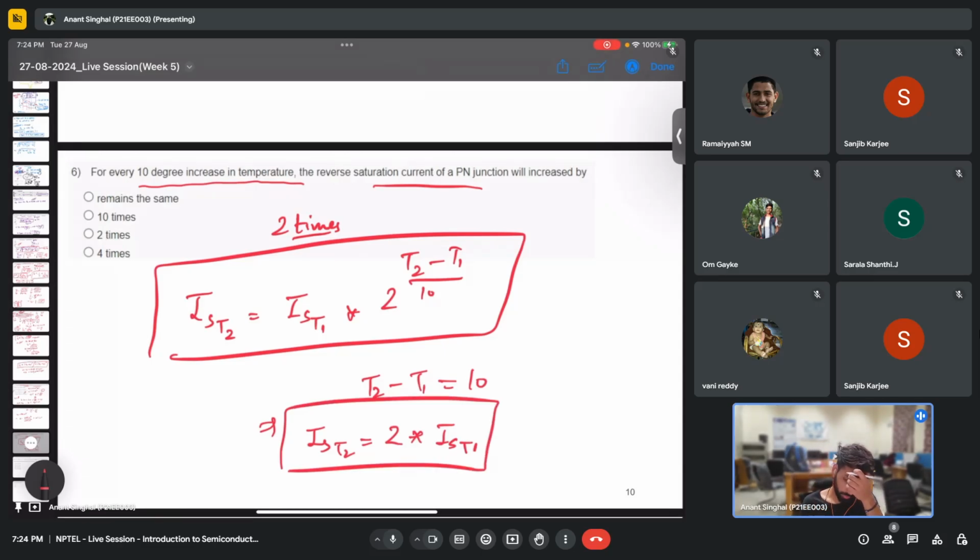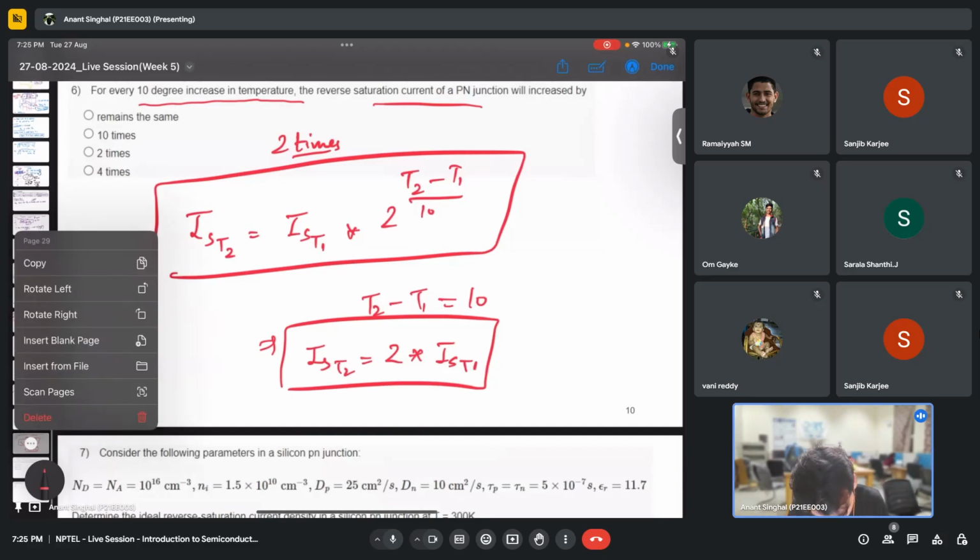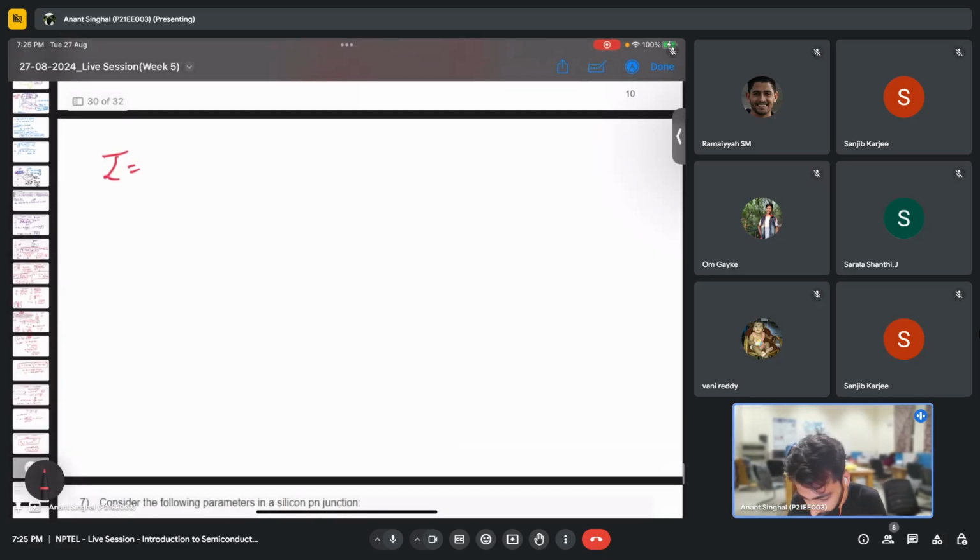I hope you have already gone through all of these derivations of the diode, etc. Because the last topic of this lecture is the ideal p-n junction diode equation. Are you all aware of the diode equations? Maybe I can give a very quick overview. In the diode we know that the total current is the reverse saturation current multiplied by e raised to the applied voltage by Vt, minus 1. So this is the ideal diode equation,